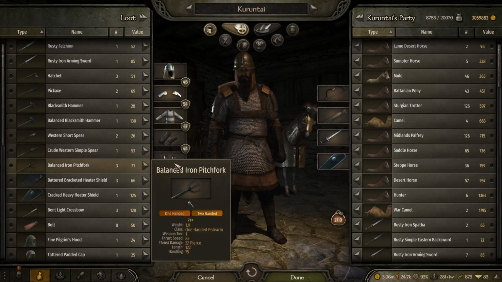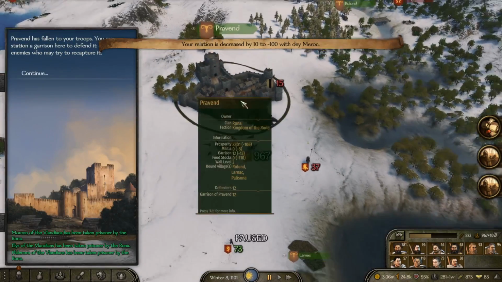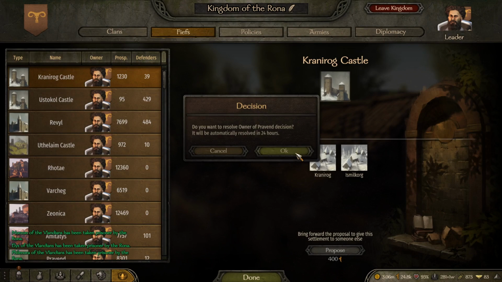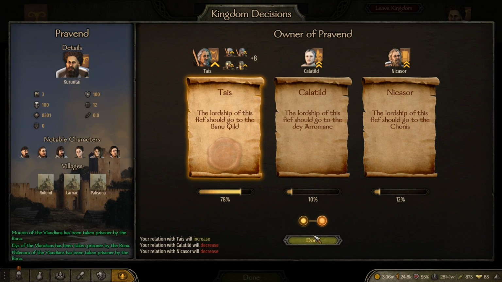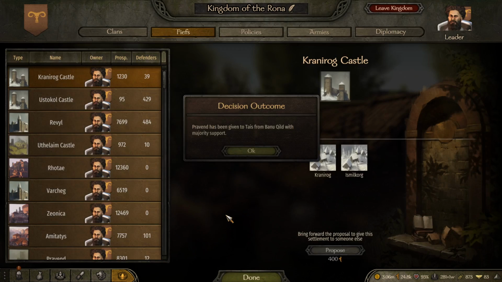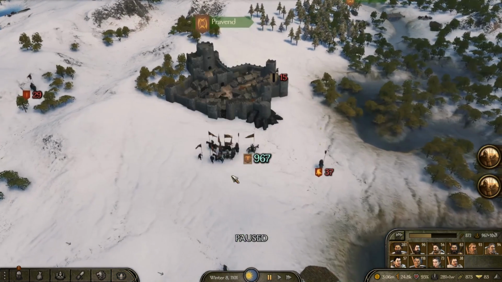Prisoners aren't looking that hot right now. Grab all the loot. Boom. We have the new town under our name. We're gonna give it an owner real quick. There it is. And now, one important thing to do after you get another town, your new army, is